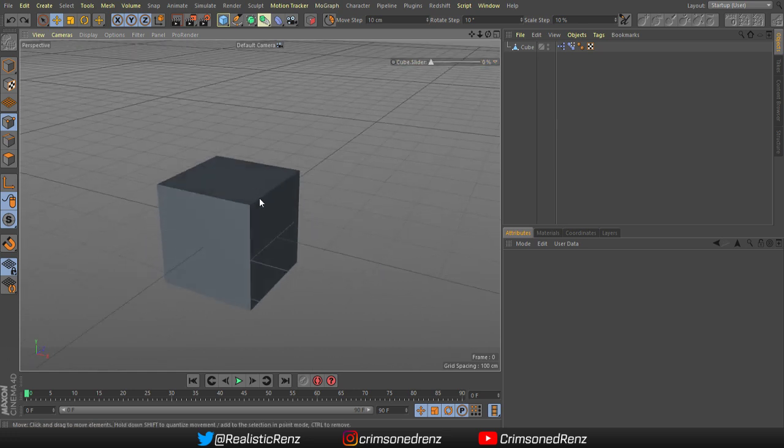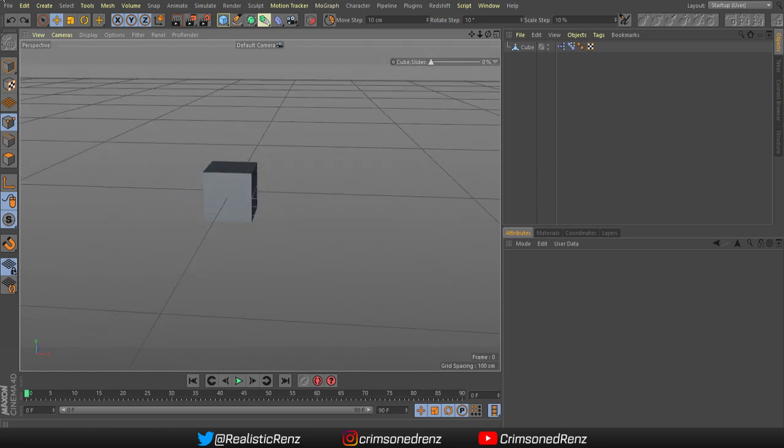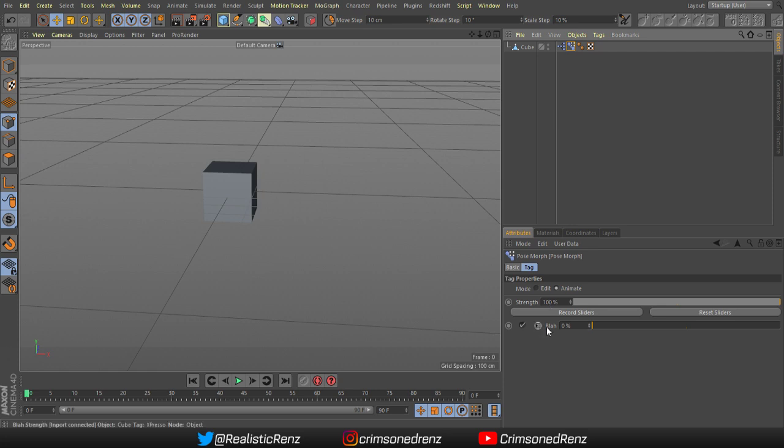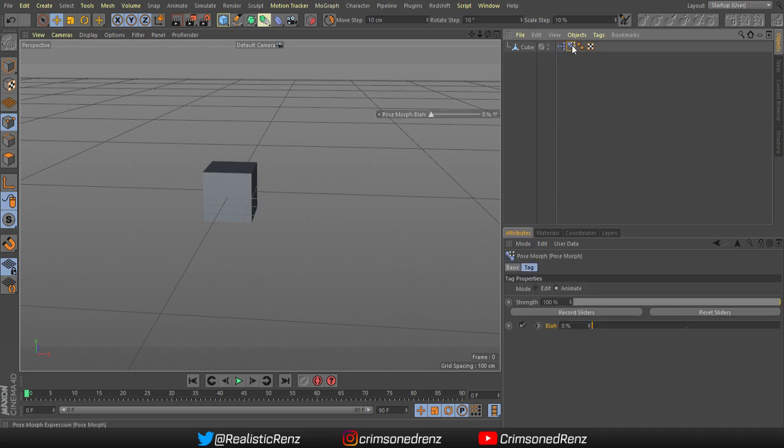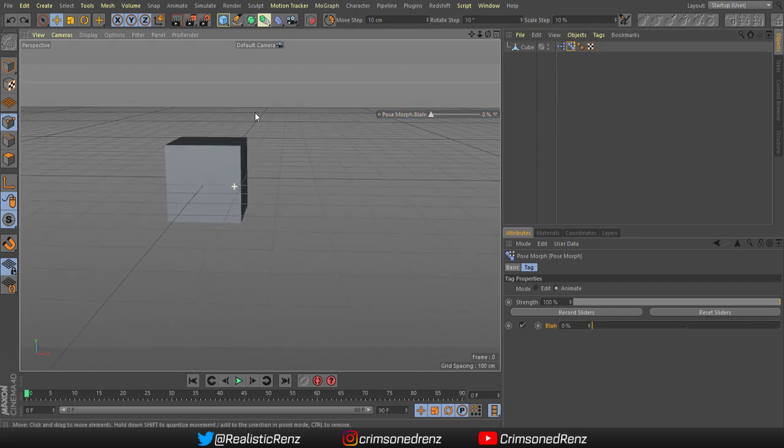That's one of the benefits of using Espresso. Or literally, we didn't even have to do that. I believe you can just, yep, you can even just drag it out here. But that's just an example of what you can do, other than point morphs. You can even have a control setup,